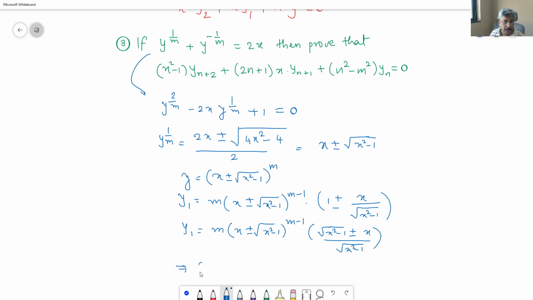Let me check whether it is correct. Squaring both sides, we get x square minus 1 into y1 square is equal to m square y square. Okay. So now here I can replace this term by y, but there is one term which is less. This is minus 1. So check whether this is correct or not. Let me cross check. Now suppose I write it as y1 is equal to m times. Suppose I make it y, then what will happen? Into y upon